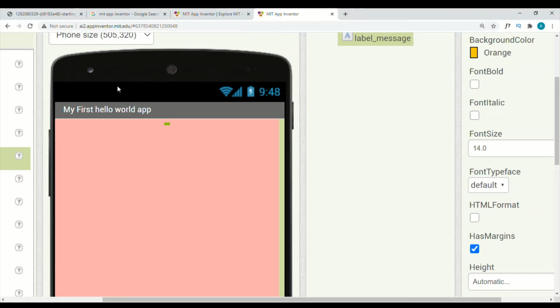the label width and height properties are both set to automatic. Recall that it means the label size will automatically adjust to match the size of the text that it displays. Whatever you give, it doesn't matter if you are giving just one word, hello world.